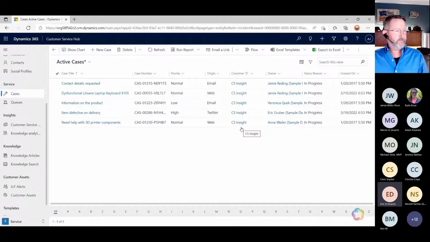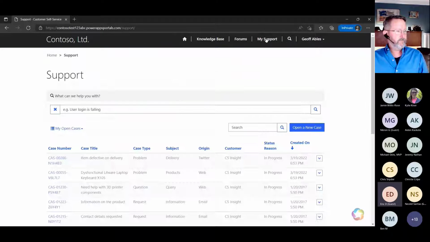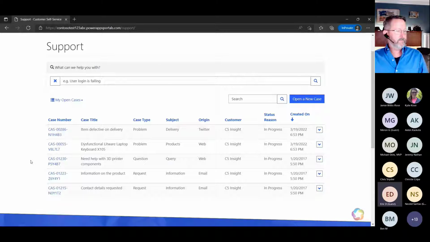Customer cases can also be made visible within a Power Apps portal. I'm visiting the Contoso Customer Self-Service Power Apps portal right now, and I'm logged in as Jeff Abels. So when I go to the My Support area, I can see all of C5 Insight's currently open cases just like I could in Dynamics 365. While I'm here, I can open a new case,